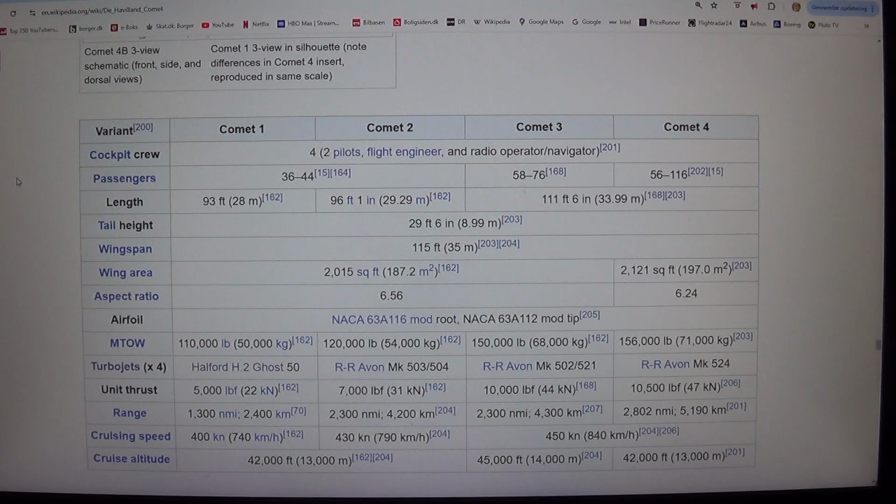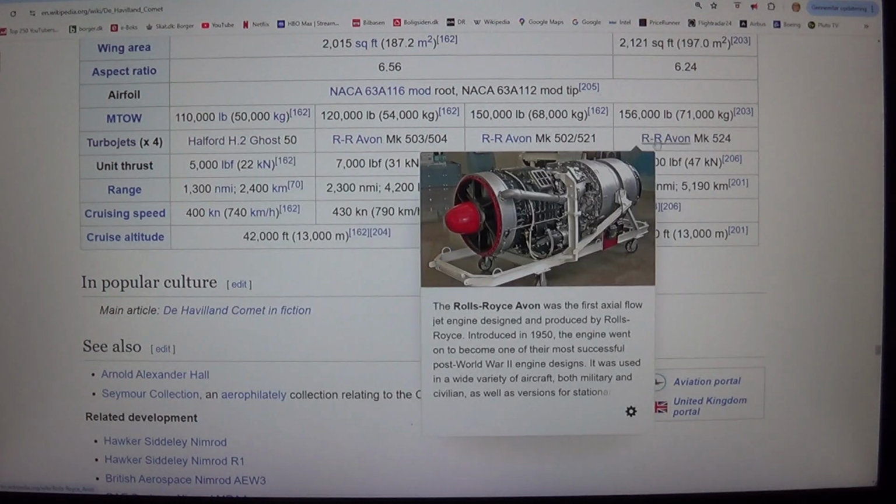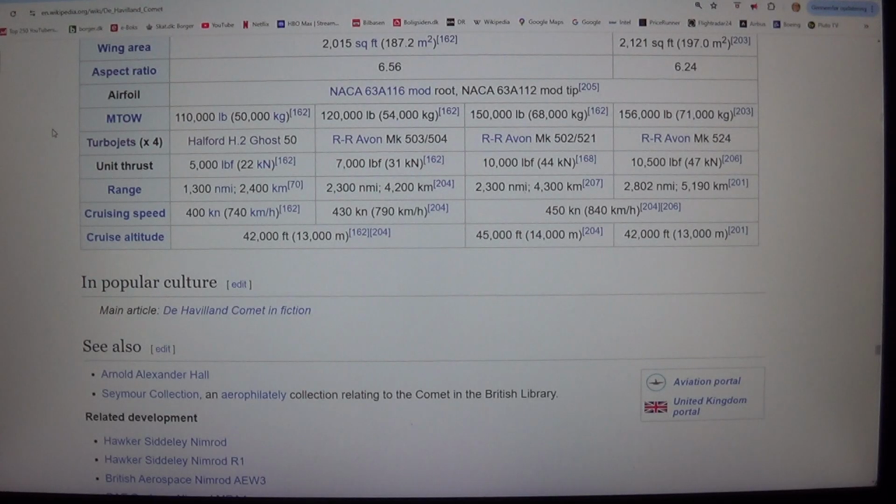TO: 110,000 pounds, 50,000 kilograms, 120,000 pounds, 54,000 kilograms, 150,000 pounds, 68,000 kilograms, 156,000 pounds, 71,000 kilograms. Turbojets, x4: Halford H.2 Ghost 50, RR Avon Mk 503/504, RR Avon Mk 502/521, RR Avon Mk 524. Unit thrust: 5,000 lbf, 22 kN, 7,000 lbf, 31 kN, 10,000 lbf, 44 kN,